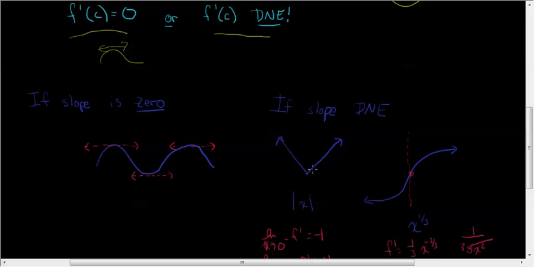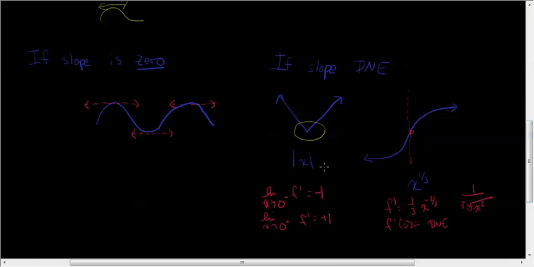There's a possibility that it's formed these things that we call corners, like the absolute value of x forms a corner. The slope here would be at x equals 0. 0 would be a critical number because the slope at 0 does not exist. How can I say the slope does not exist? Well, I look at it this way. I look at the limit of the derivative, not of the function, the limit of the derivative as